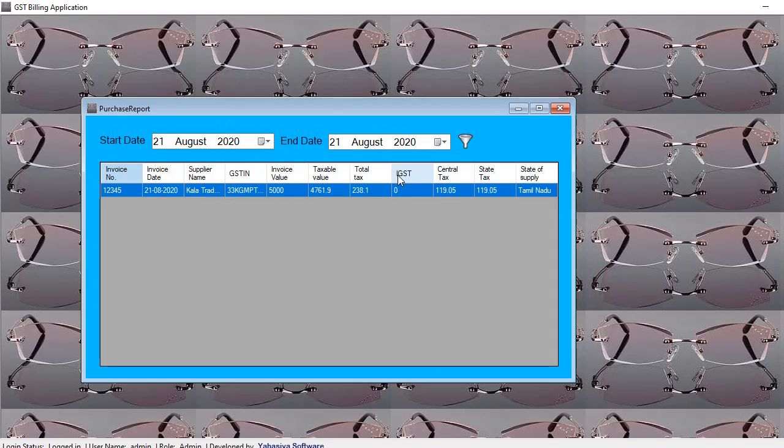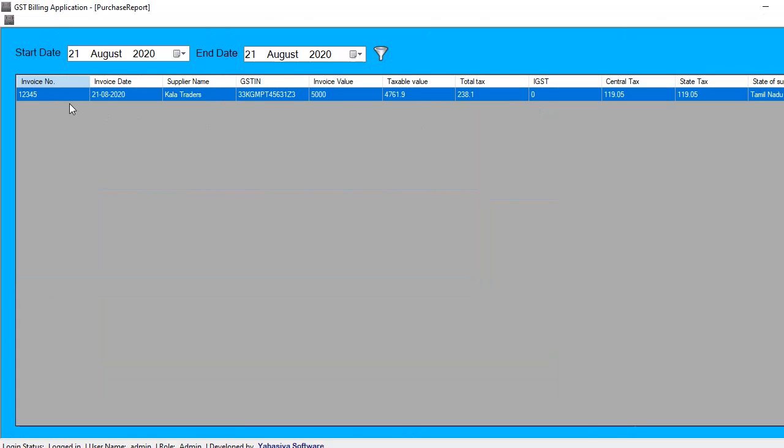If you click this, it will display the invoice number, the invoice date, who supplied it, the GSTN, the invoice value, the taxable value, total tax, the central tax, the state tax, and where it is supplied from, the state of supply. So all that information will come to our report.